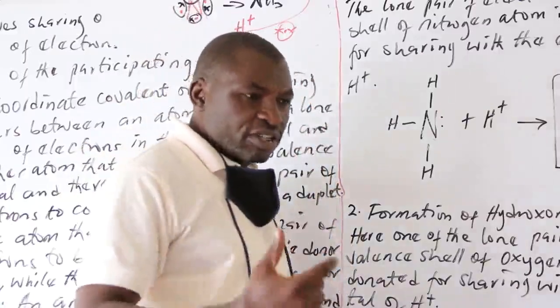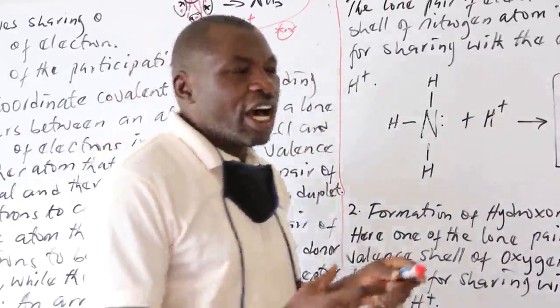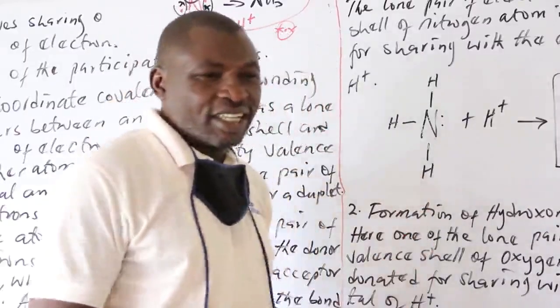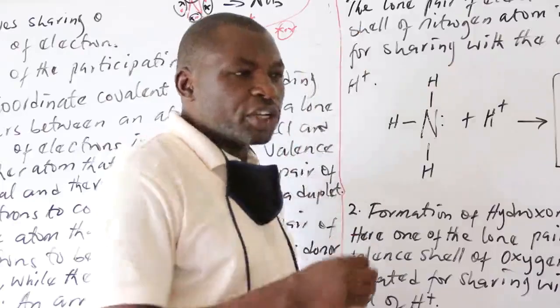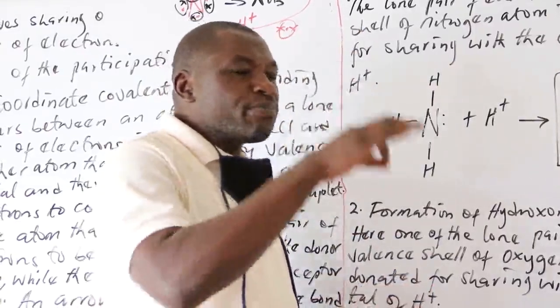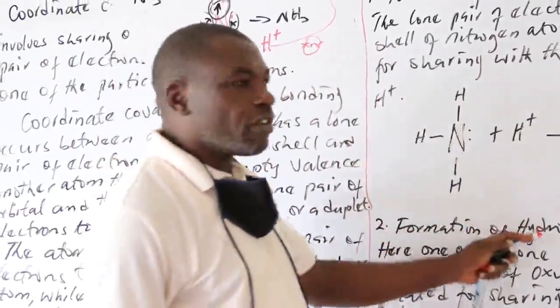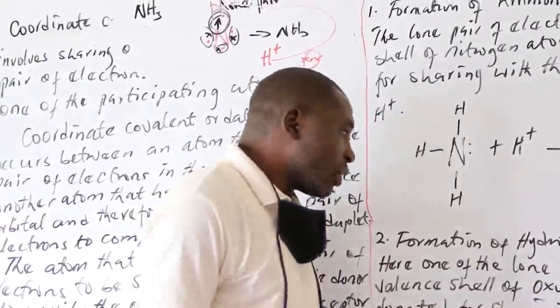By the time you go to the lab and your teacher is teaching you qualitative analysis, test for copper 2 ion, you know, we add excess ammonia, okay, and then we get a deep blue solution. The formation of that deep blue solution is due to the formation of the complex ion. All right,